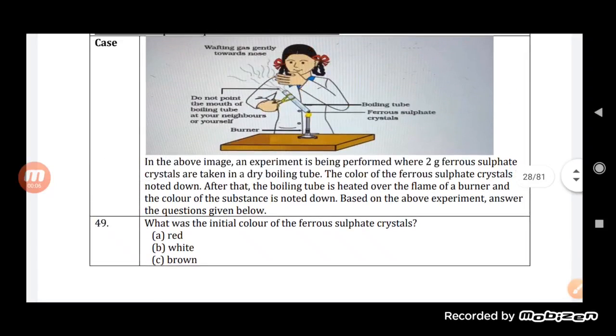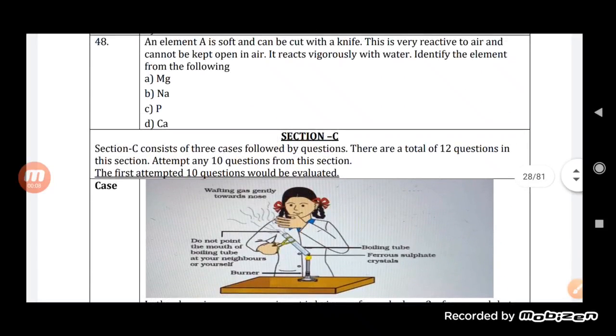So students, in the previous class we were talking about the question answers from the sample paper, and today also we will continue with the questions from the sample paper. Now you see here students, up to section B we have completed. Now let us try to understand the questions from section C.